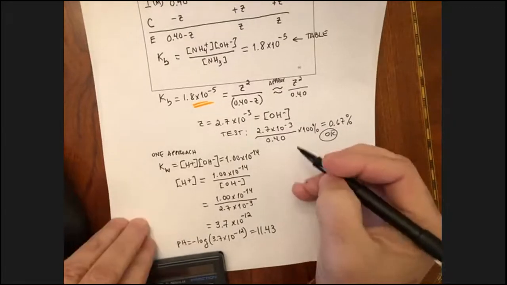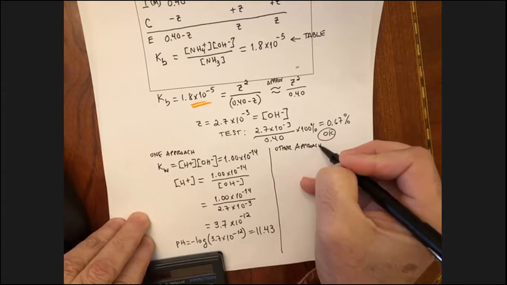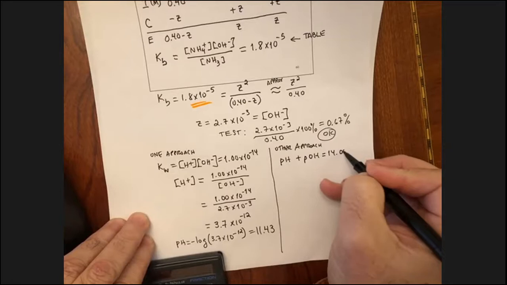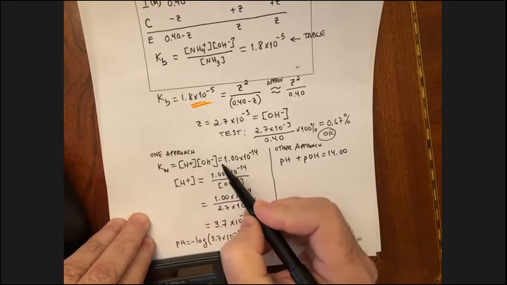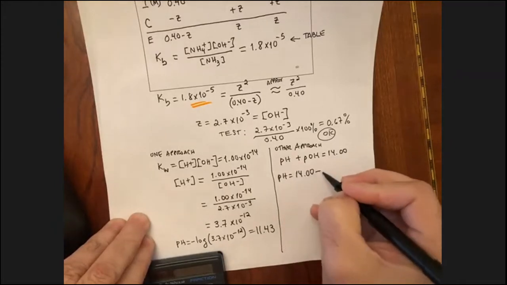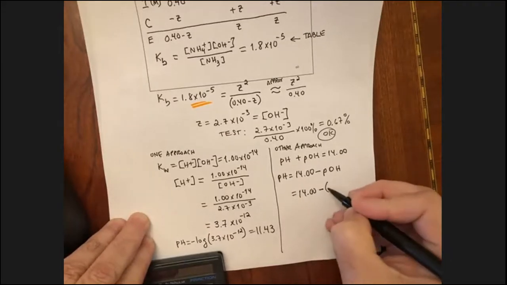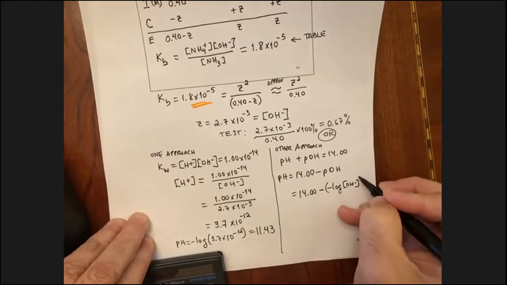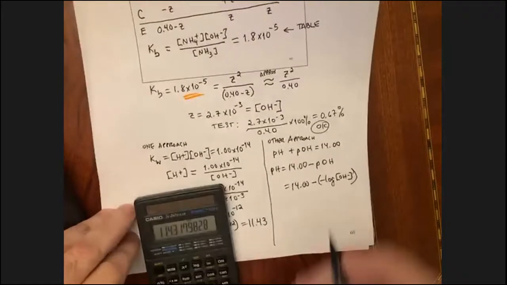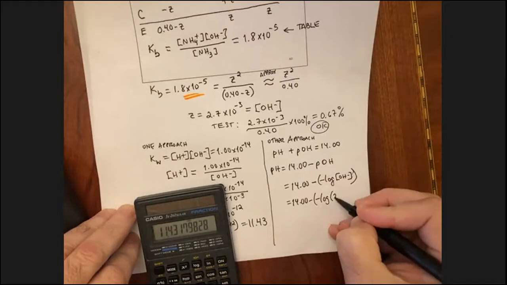The other approach is to remember that the pH of a solution plus the pOH equals 14. That is essentially taking minus the log of this equation here on both sides, and you end up with this equation. That means that the pH would be 14 minus the pOH. The pOH, of course, is minus the log of the concentration of hydroxide ions. In this case, that would be 14 minus